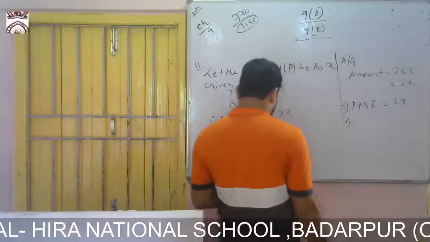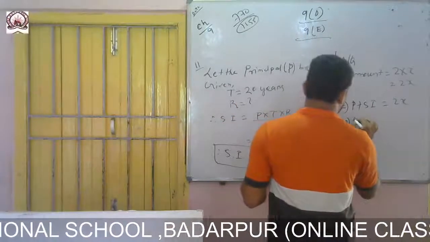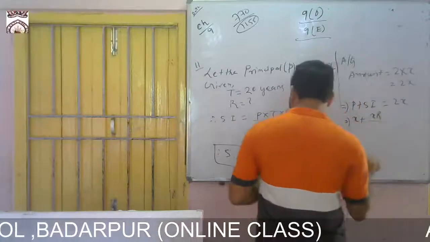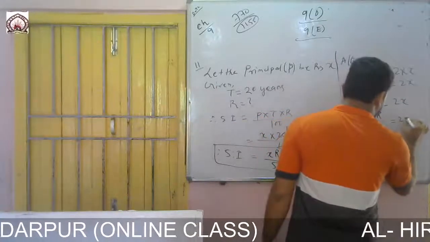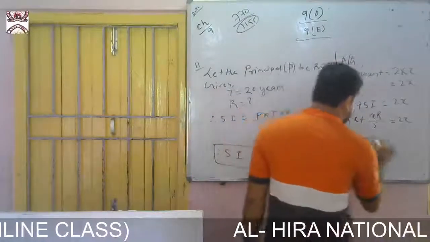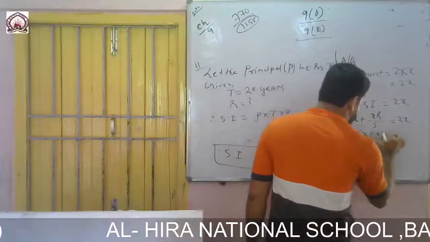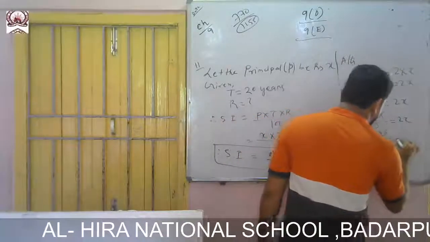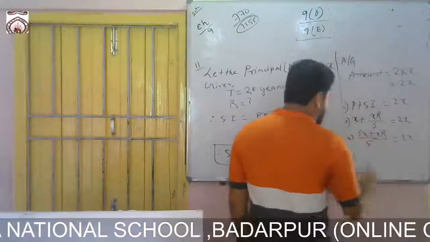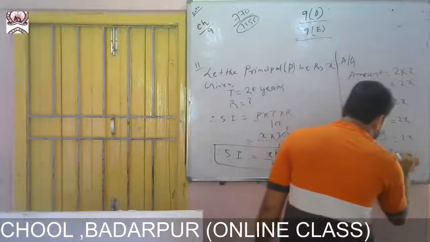So what you got: P we don't know, plus SI you got XR by 5, equals twice X. Now from there we can find. If I take LCM, we get 5X plus XR equals twice X. And if I cross multiply, then 5X plus XR equals